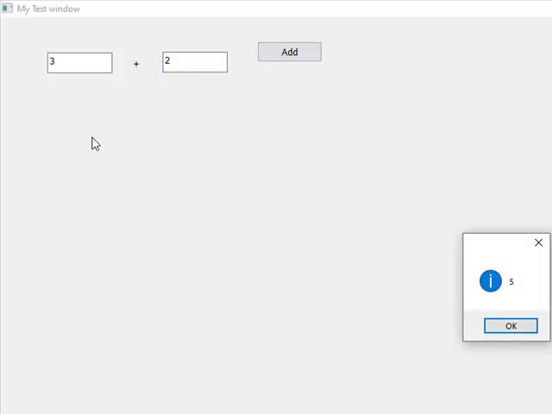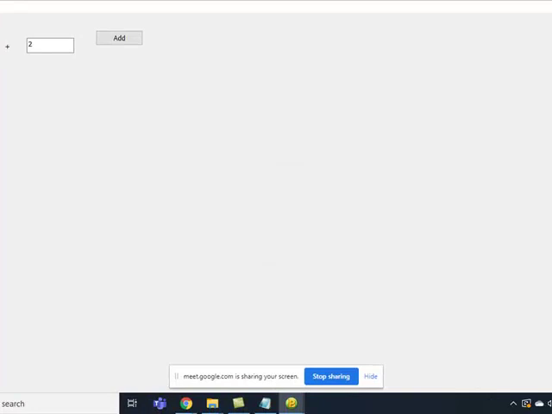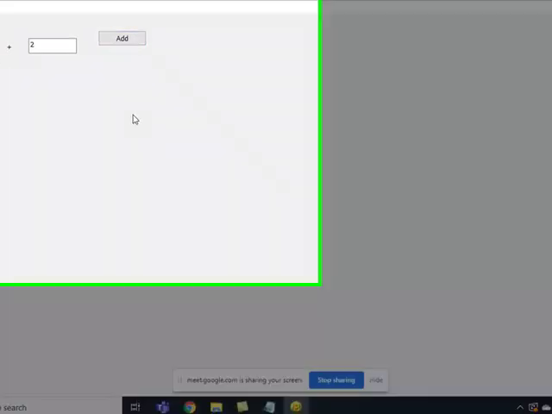So what happened? This value is stored in my local variable 1, and this value is stored in local variable 2, right? And then the sum is 5. Now that script has been executed, and it's gone.